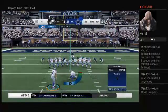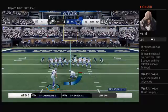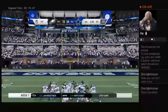This D wanted to put it away before we even get to the fourth quarter, widening that margin a bit further. And while they won't just empty the bench just yet,